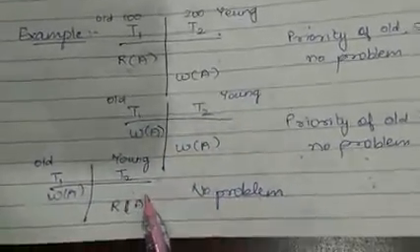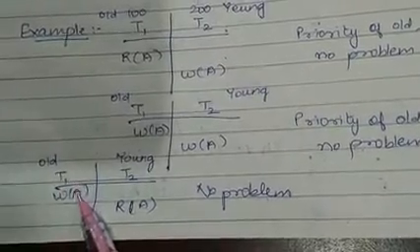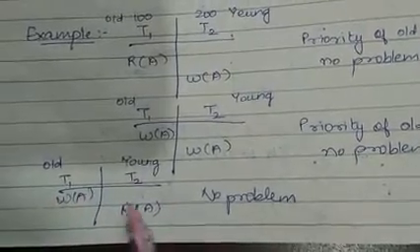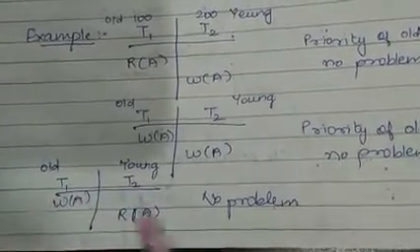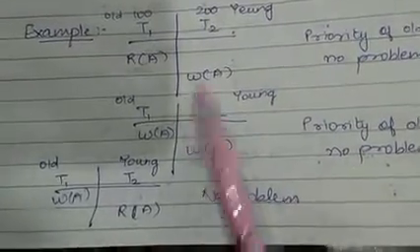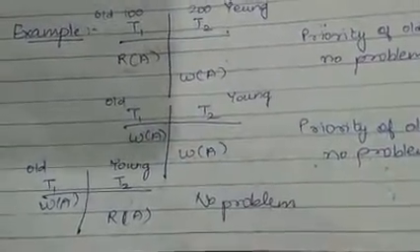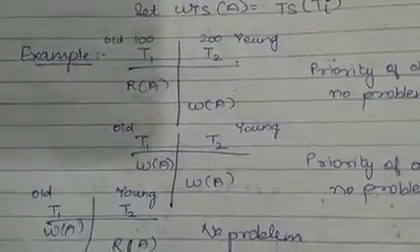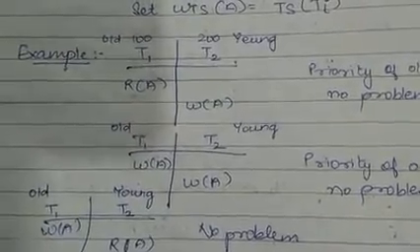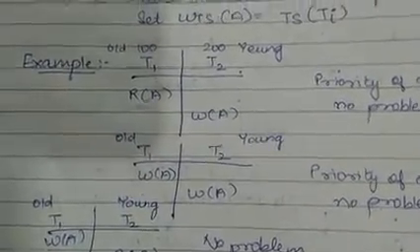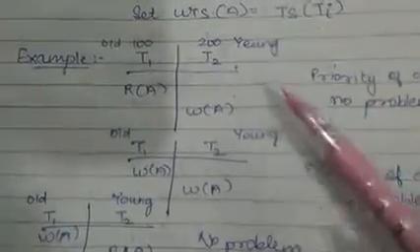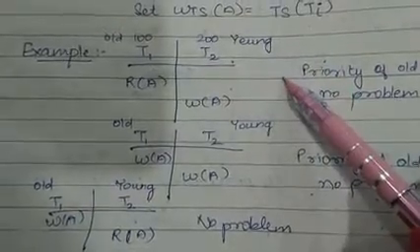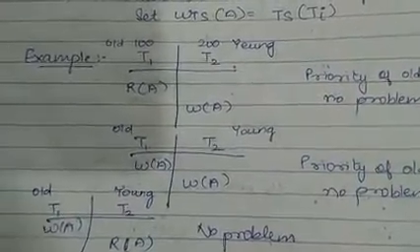And the third conflict can be write A and read A. The oldest transaction is executing first and the newest transaction is executing last, so again there will not be any issue. The fourth possibility can be read A and read A, but as we know, read A and read A is not a conflict when we were talking about which operations are conflict operations and which are not. So these three were the possible conflicts present there, and we have talked about them according to the solution of the time-based protocol.